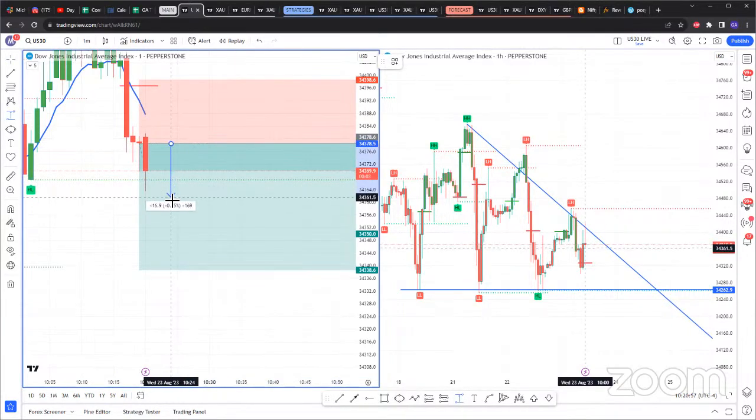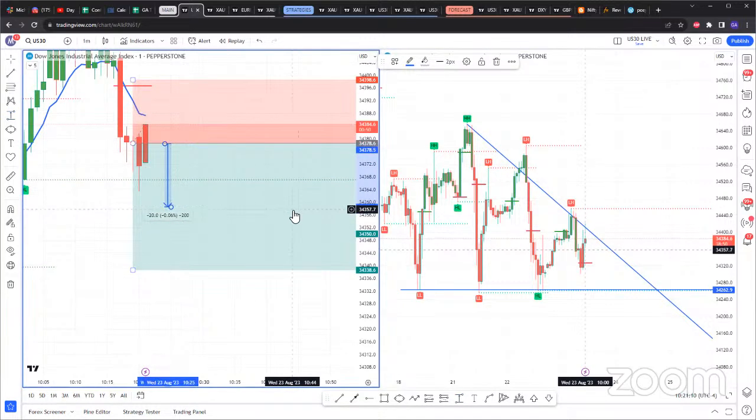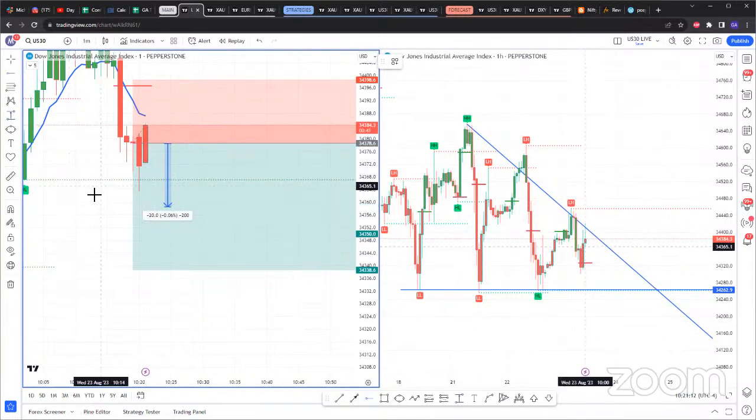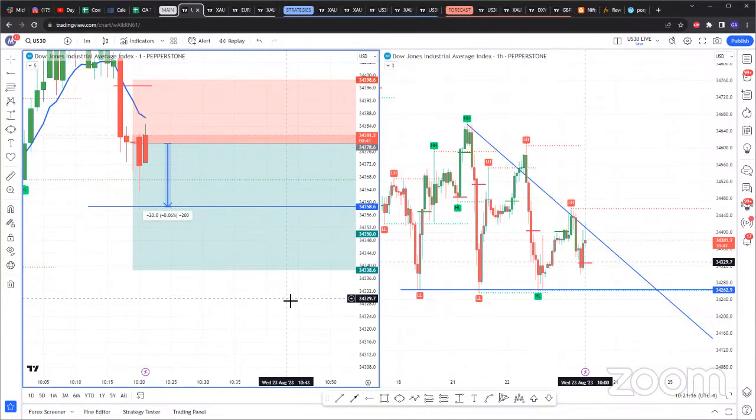Keep in mind, these are 1 minute candles that move really fast. So if your trade gets here, if you're like 20 pips in profit, so let me just draw the line for you guys right there. So if you are in this trade, if your trade gets there, go ahead and set break even.